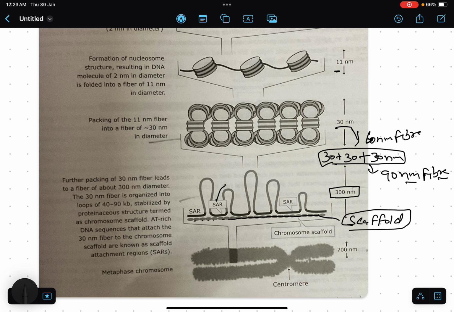Scaffold means pillar-like structures, and these 90 nanometer fibers have an attachment site. In this packing, these 30 nanometer fibers which are packed together have a special AT-rich sequence in DNA, from where a protein known as the SAR can attach to these